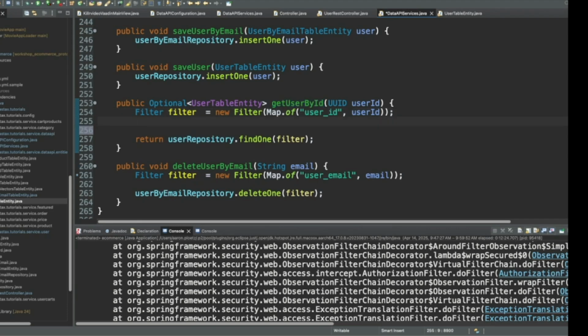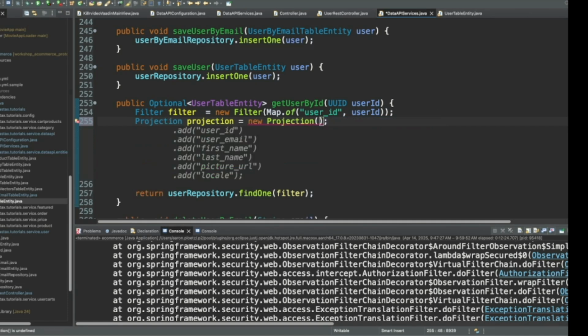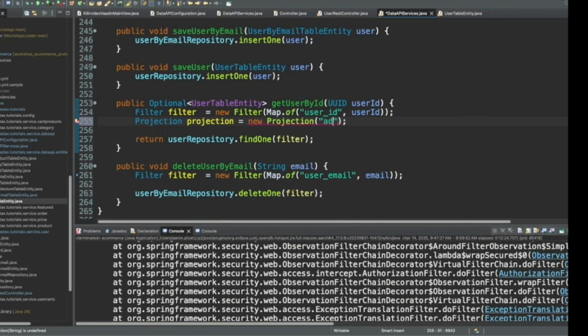The first thing we're going to do is create a projection object. And what this projection object allows us to do is to explicitly specify the properties or columns that we want to bring back in our results set. And it also allows us to specify, more importantly, the ones we want to skip. So let's go ahead and say projection. Yeah, Copilot, that doesn't work. And inside it, we're going to specify the columns that we don't want, and it's just one. So we're just going to say addresses, like that. And that's going to have a value of false.